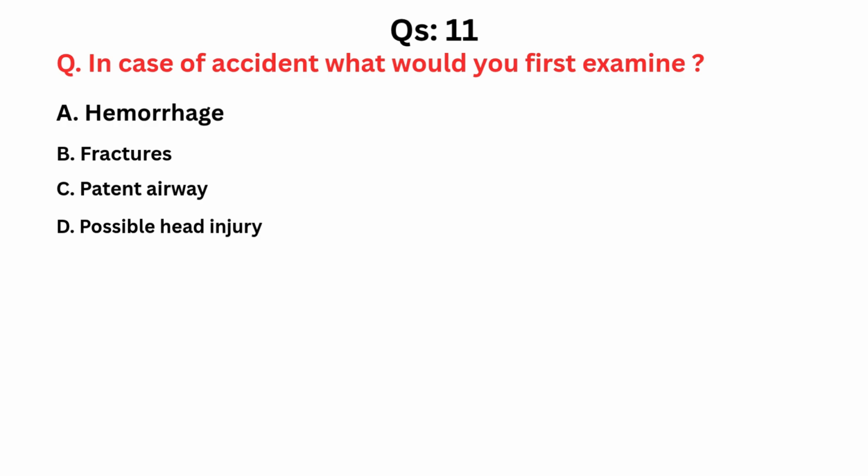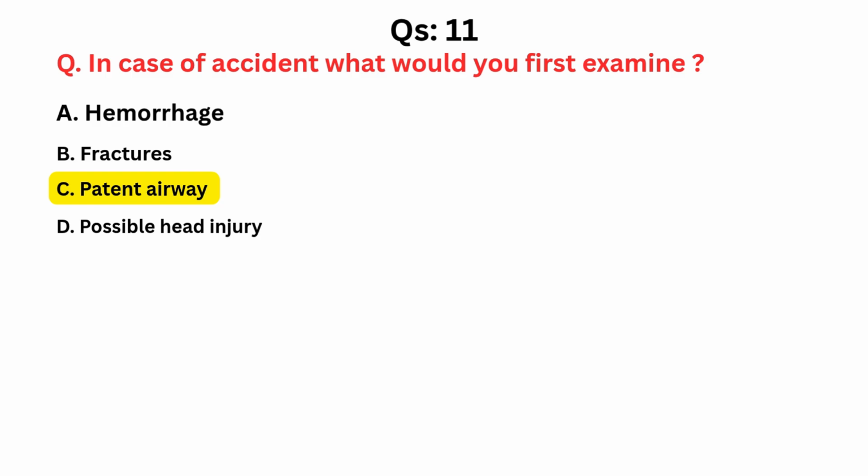Question number 11. In case of accident, what would you first examine? Option A, hemorrhage. Option B, fracture. Option C, patent airway. Option D, possible head injury. In case of accident or any kind of serious injury, we should assess and maintain the airway of the casualty, so option C, patent airway is the right